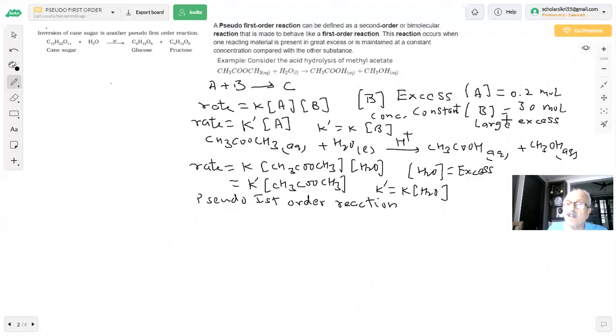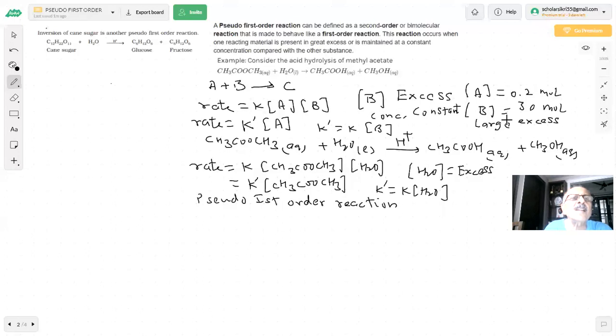Using the equation of the first order law, if we find the value of k is coming the same, the value of k is constant, then I can say that okay, this is a first order reaction, but it is a pseudo first order reaction, because here two reactants were involved, but one of the reactants is in excess. So under certain conditions, a few reactions can behave like first order, or in the presence of a catalyst also it happens in certain cases. It's a special condition. But this question has been asked many times: what is a pseudo first order reaction?